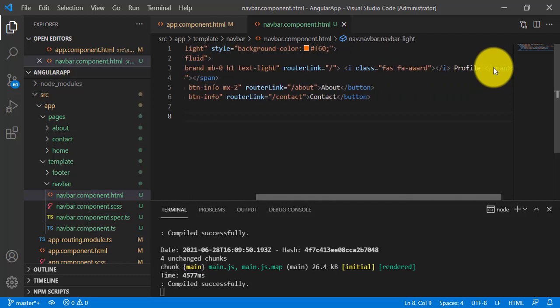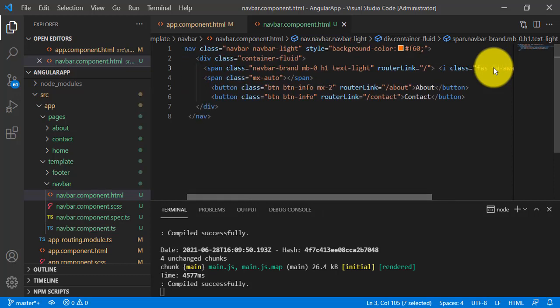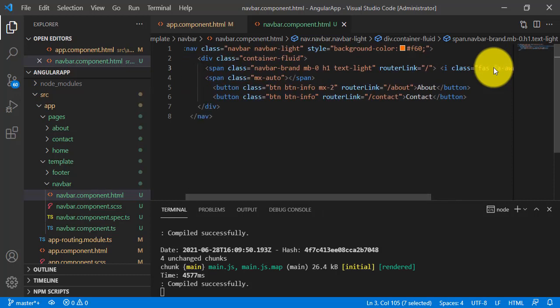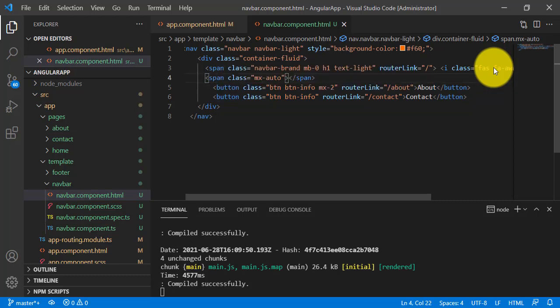And using this router link I have given one default here for profile, because it is my default profile. If you click here on profile, it will come to the profile page, and for the other two buttons like home and about components, I have mentioned here one span tag and mx-auto. It will align our buttons in a systematic manner.